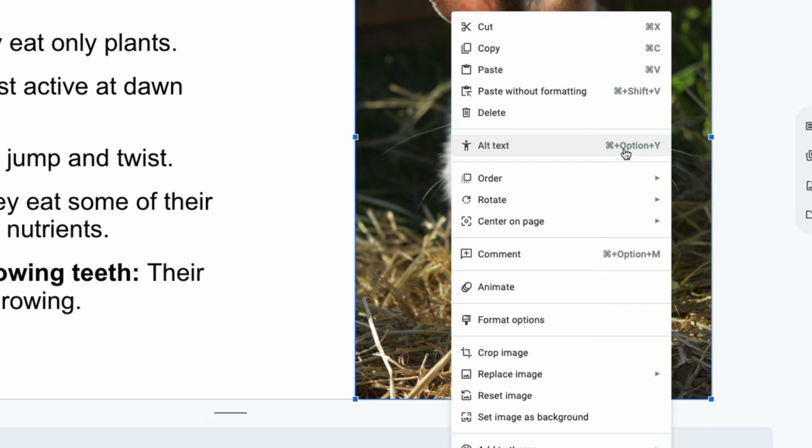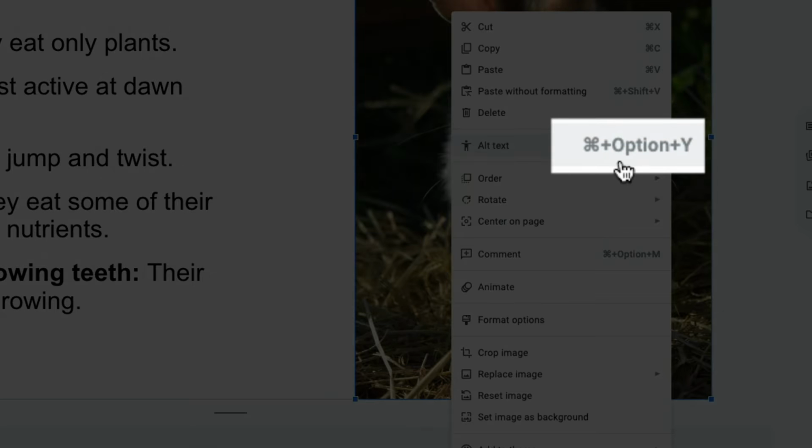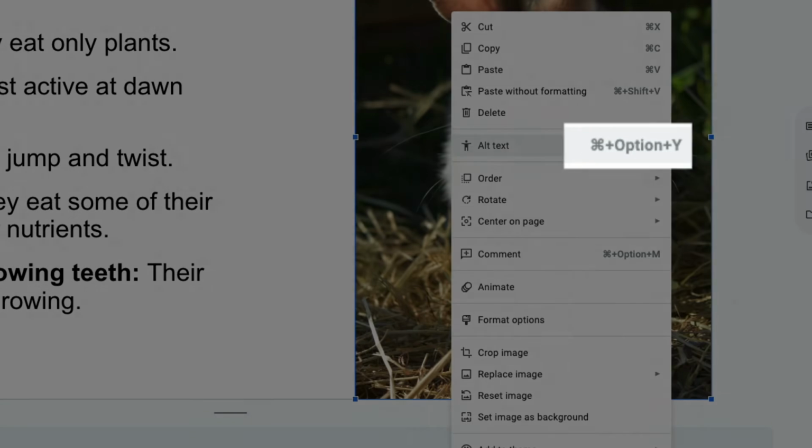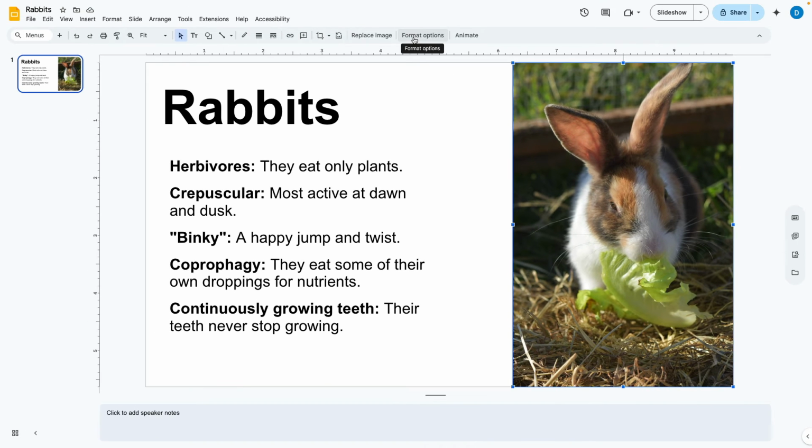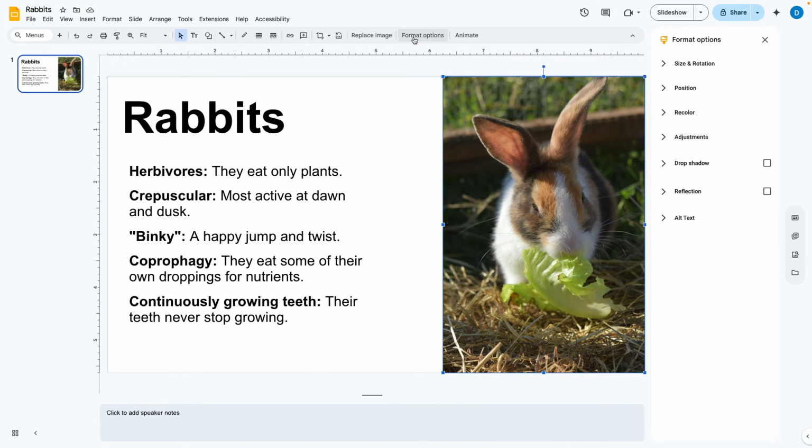You also have the option of using a keyboard shortcut. So on a Mac, it would be Command Option Y, and on Windows, it would be Control Option Y. You can also click on the picture and select Format Options, and regardless of how you do it, this will